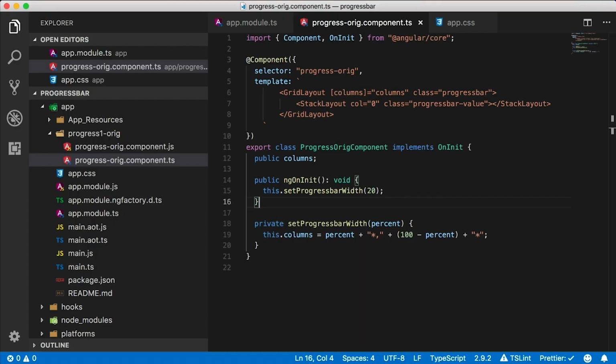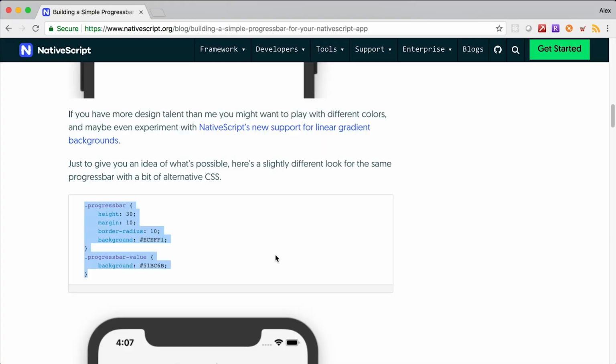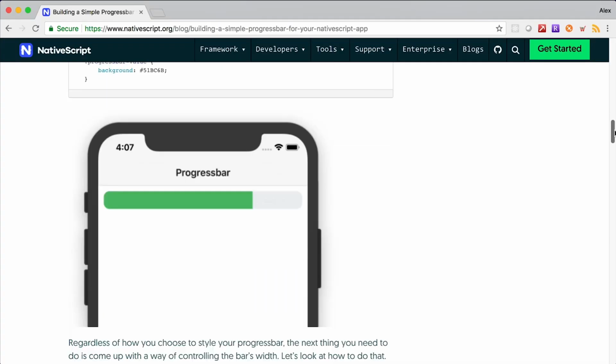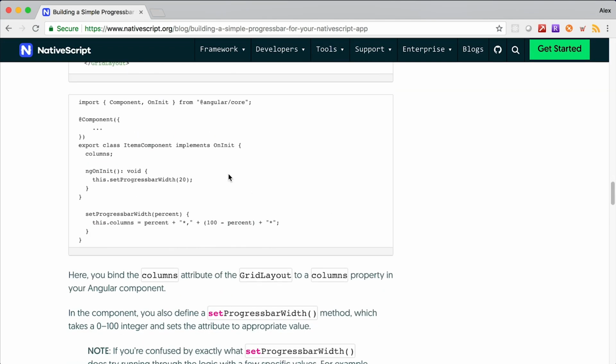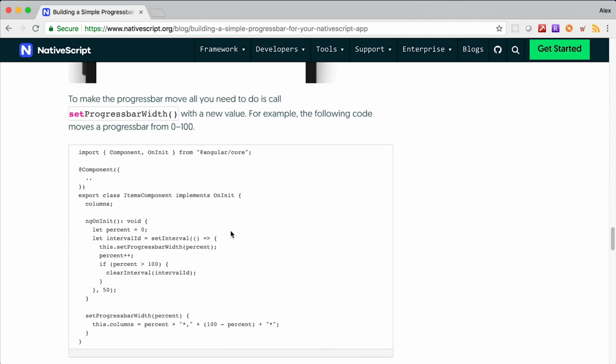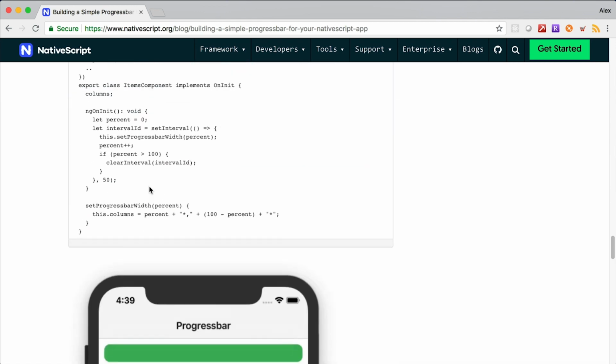Well, we need to set some kind of loop that's going to simulate getting progress from a service or some other external source. That's also part of this article. So let's go down here and grab it from the article. Here we go. So we're going to keep this set progress bar width function the same. But in our ngOnInit, we're going to have the setInterval, and every 50 milliseconds, we're going to have an